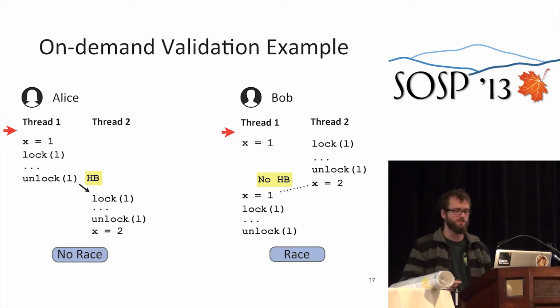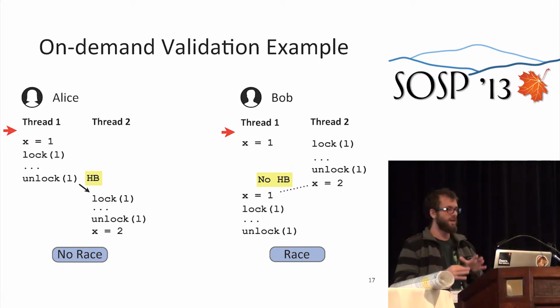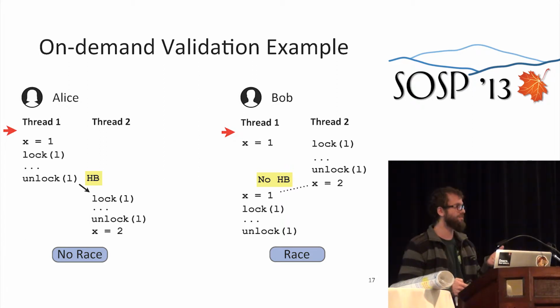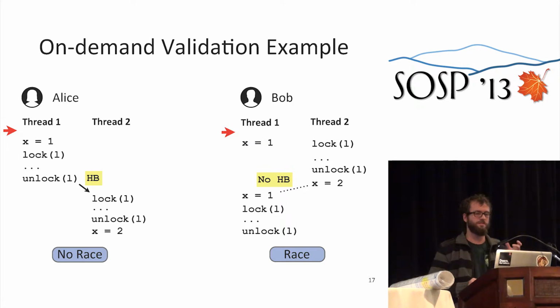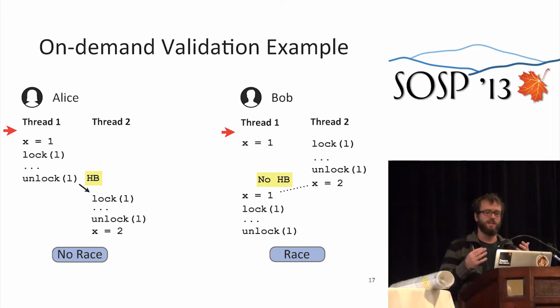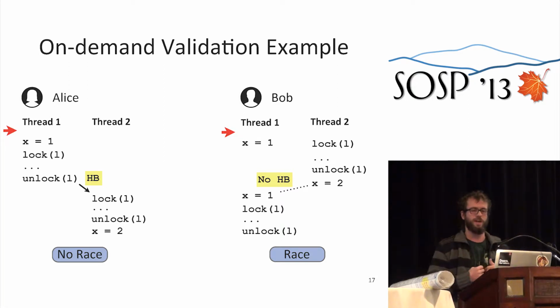This program continues executing, and RaceMob tags this execution as not having a race because of the happens-before edge. Note that the tag is for this execution only and not for the data race itself. At this point, RaceMob knows that for Alice, the access X equals 1 executed before access X equals 2. So RaceMob's objective is to ensure that Bob witnesses an execution with an alternate order of the accesses witnessed by